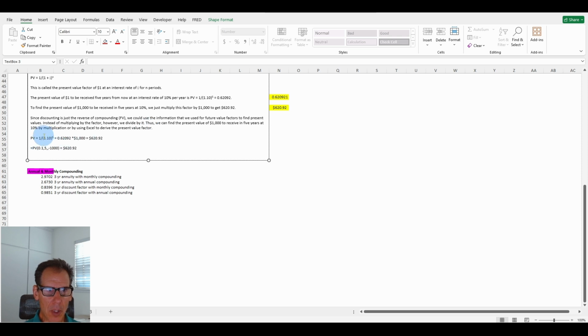Here we have present value is equal to 1 divided by 1.1 to the fifth, and there should be a caret there, equals 0.6209 times 1,000 equals 620.92. Or with Excel, we can use the present value function. All we did was 1 divided by 1.1 to the fifth, it's 0.6209, and then you could just multiply that times 1,000. Or we can use this present value function, and then again, you can just hit the rate, 10%, number of periods, 5, payment, no payment,